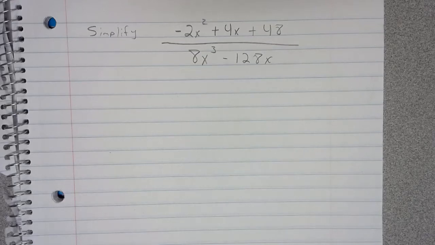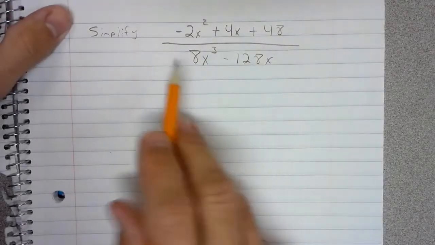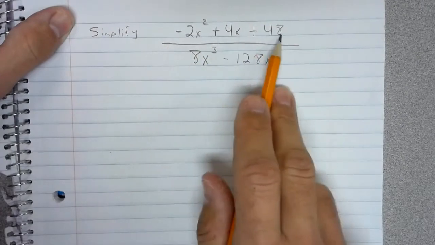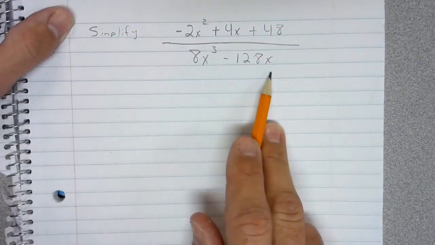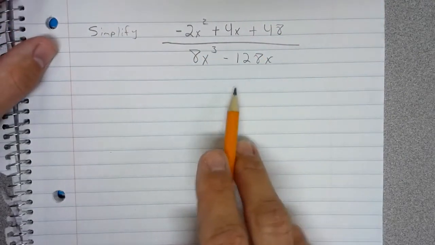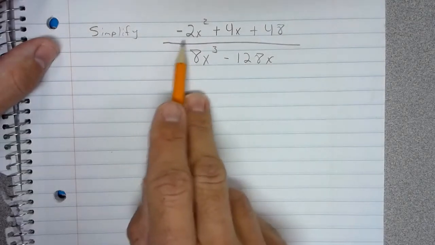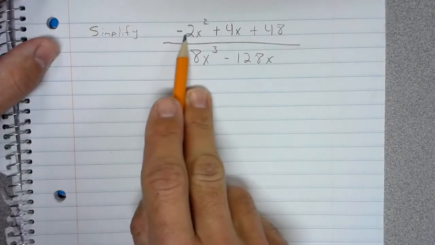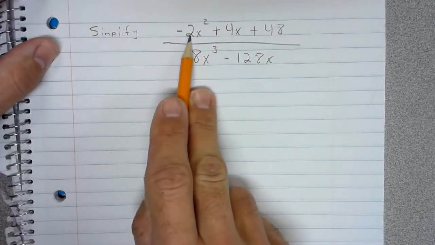Alright, so I thought I'd do another example just in case you wanted it. This is not like, you don't have to watch this one. But what I'm going to do is factor the top and factor the bottom, and then cancel out any common factors. Alright, so first off, on the GCF, the top has a negative for the leading term,